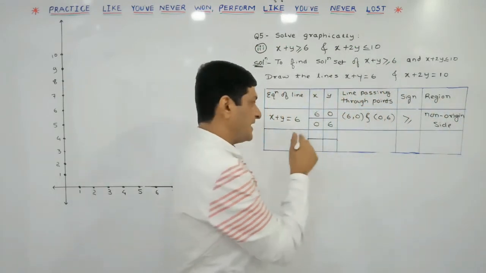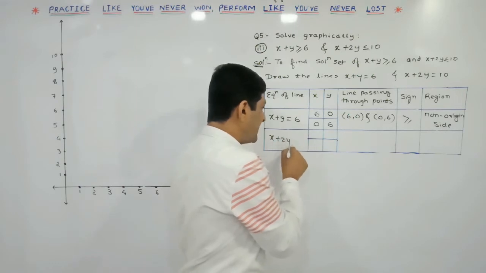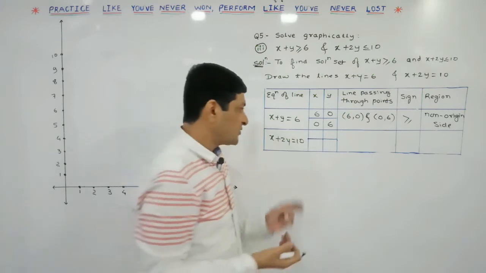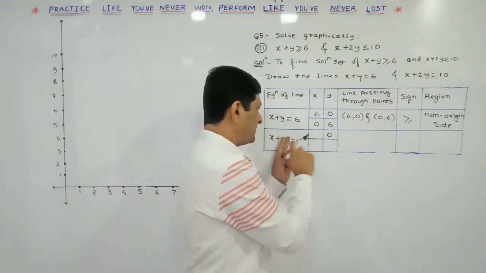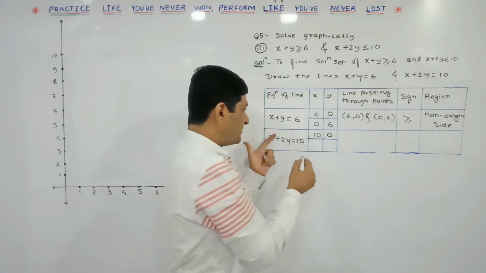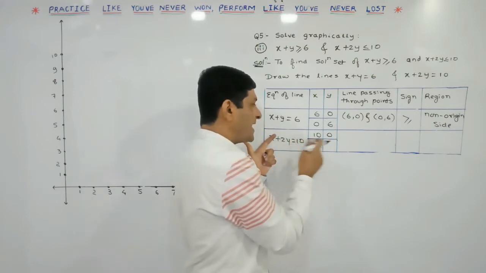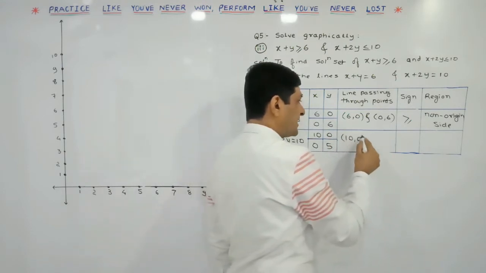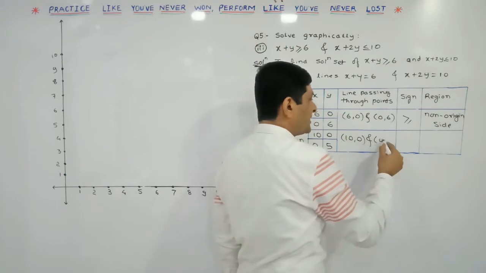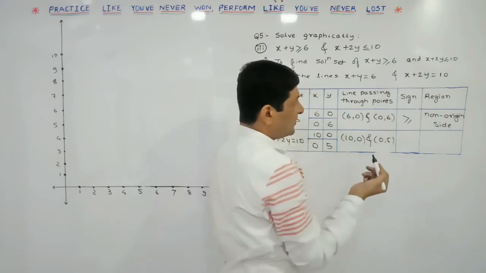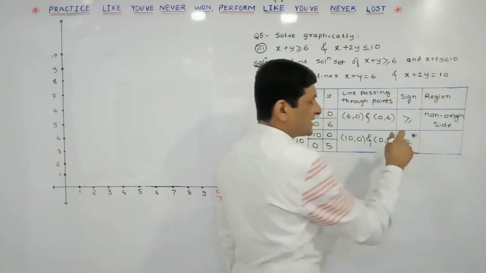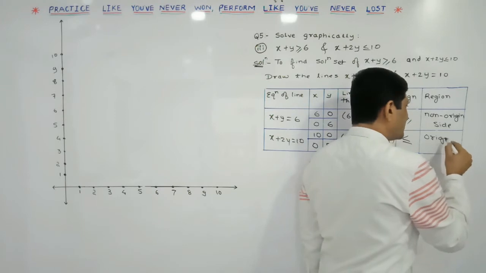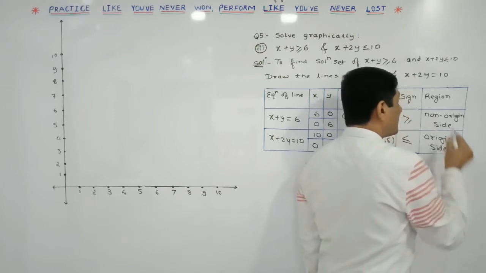Now observe the second line. The equation of the second line is x plus 2y is equal to 10. Here also first we are trying to find the coordinates of 2 points. First substitute y is equal to 0. Easily we can say that x will be equal to 10, and if you are substituting x is equal to 0, 2y is equal to 10, meaning y will be equal to 5. So the coordinates of 2 points on the line are (10, 0) and (0, 5). In the second equation, less than or equal to appears, and for less than or equal to, we know that the origin side will be our required region.